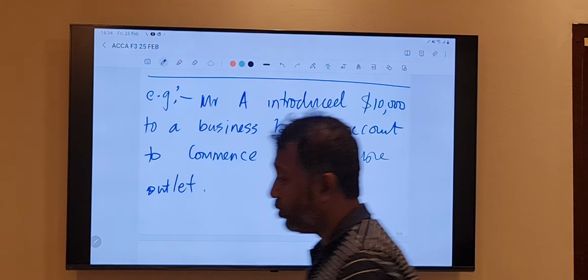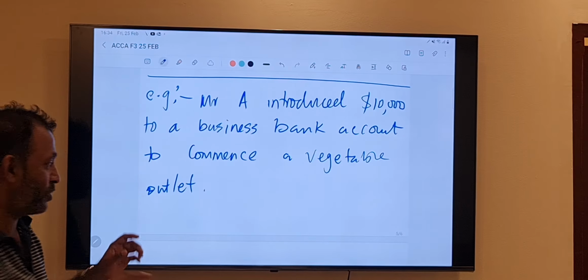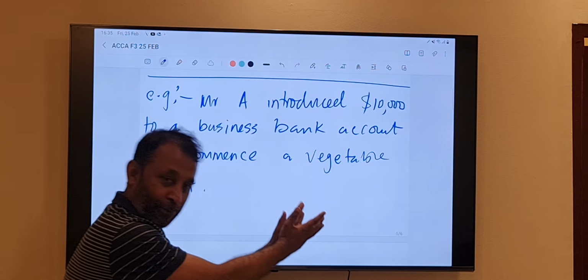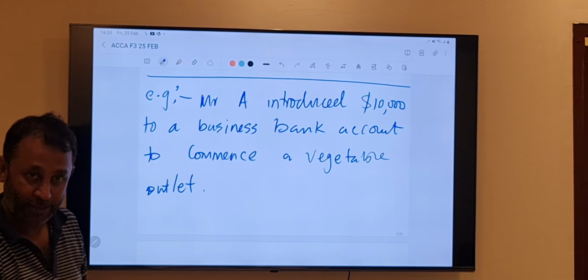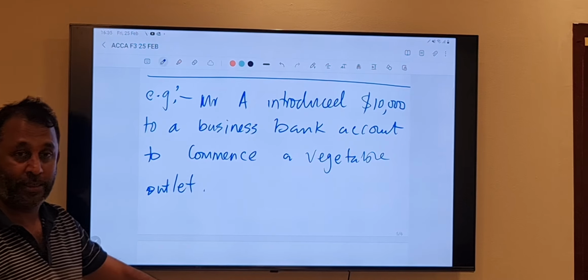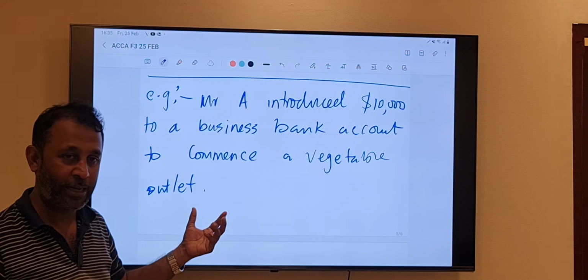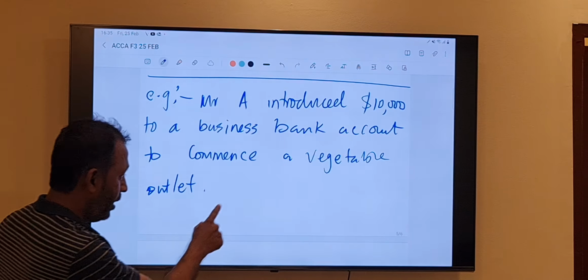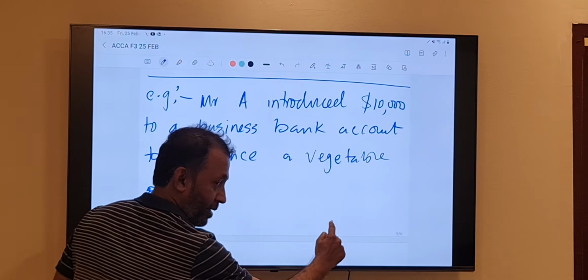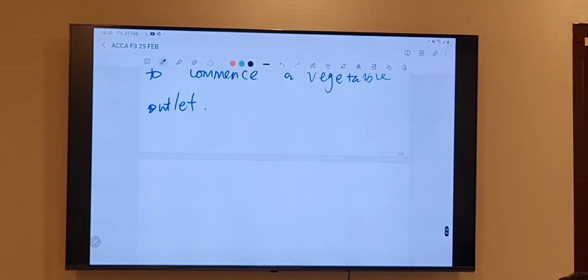Now, what we should do? We should convert this into our equation. We should write asset is equal to capital and we should find out what are the type of asset and how much. And we also should find out how much is the capital. Can we try this without my help? Can you all try please? How much is asset? Please write down asset is equal to capital. Okay? And then write the answer please.